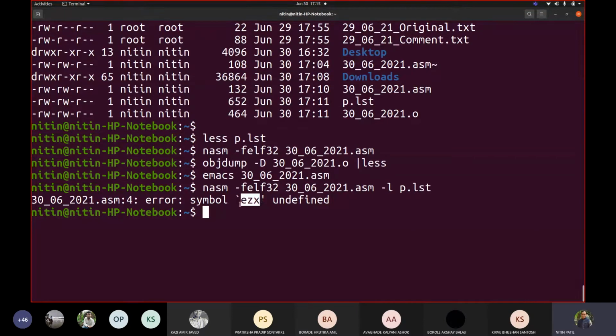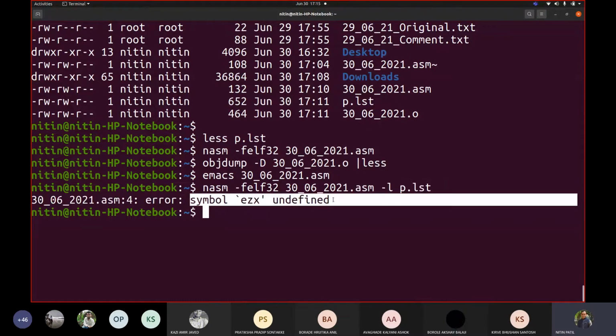Okay, you are trying to use this as a variable which might be declared, which was supposed to be declared in the data section or BSS, but since I could not locate that, that's why this error was thrown. Symbol is undefined. Some of you, while trying yesterday's assignment, must have seen an error like this only: variable I undefined.